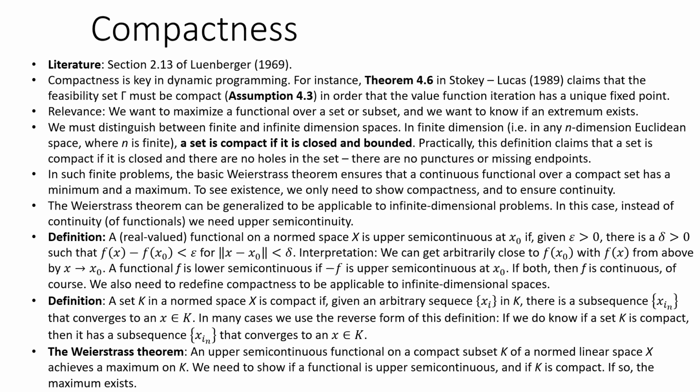In such a case, in such finite problems, the basic Weierstrass theorem ensures that a continuous functional defined over a compact set has an extremum, a minimum or a maximum. So to see existence, we only need to show compactness and the continuity of the functional. This result, the Weierstrass theorem, can be generalized to cover